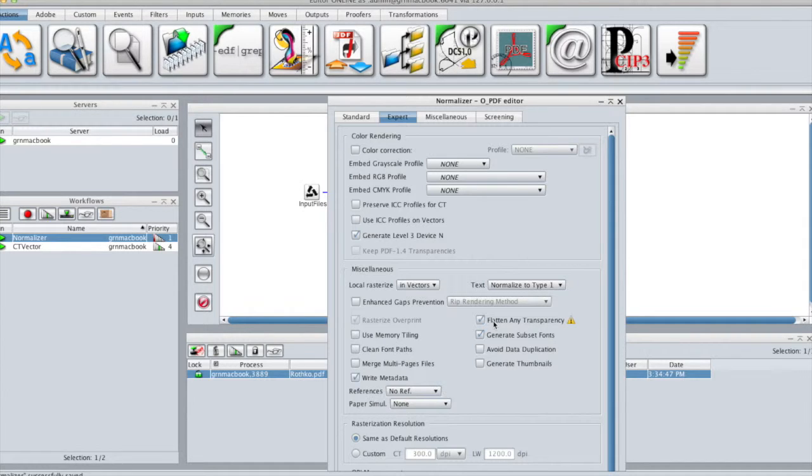Just be aware that flattening is not without consequences and it will decrease the processing performance of your system. It will also always increase the size of your file, and some readers may display small white lines on screen when the smoothing is activated, like for instance when you enable the smooth image in Acrobat.